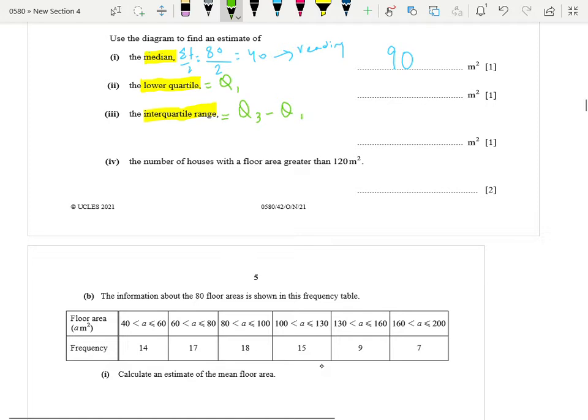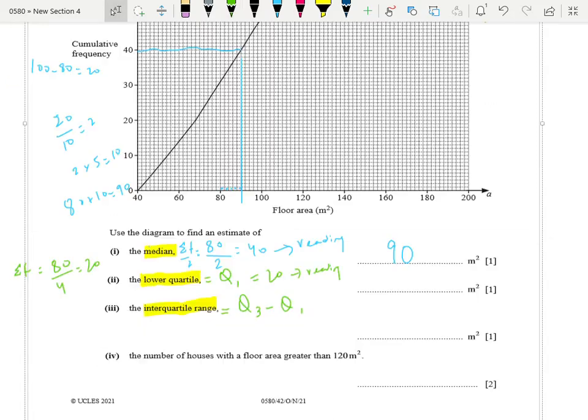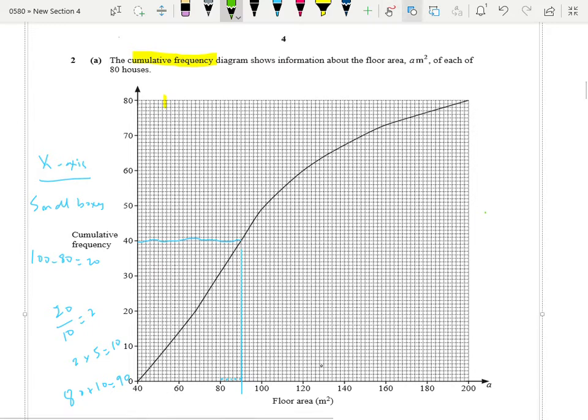Lower quartile means when we break the data into 4 quartiles, so we have got 80 as the sum of frequency, just divided by 4, so you get 20. So 20 is your lower quartile. Again, 20 is not your answer, you have to do the reading at 20. For 20 cumulative frequency, just go there and mark a straight line at 20 to get your value. Right, so it is coming out to be at